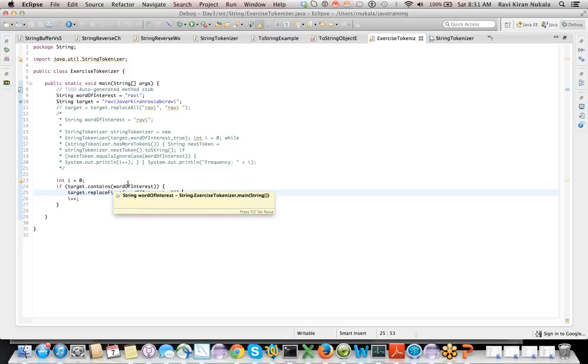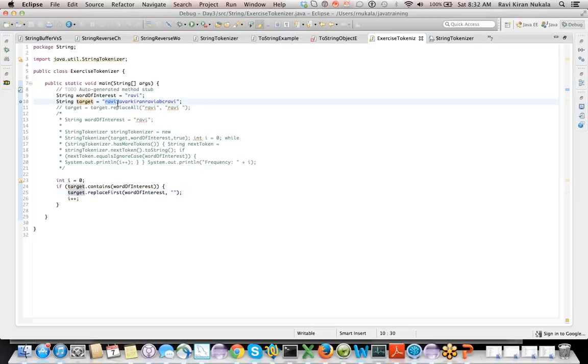First time you checked it, fine. Then you are replacing the first occurrence of this guy with empty. Then the string becomes only this one, and now you're looking for the first occurrence and again replacing it.